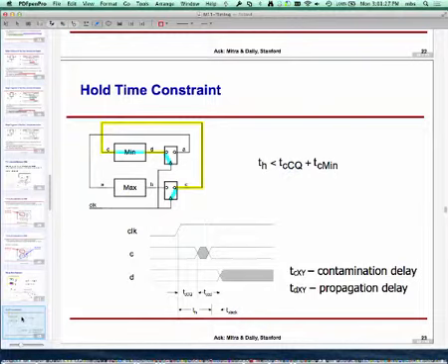So again, to summarize, you have to worry about two things. One is that the new value reaches all the flip-flops sufficiently before the next clock edge. And the second is that the inputs to the flip-flop do not get contaminated too quickly after the current clock edge. Both constraints have to be met. The first one you can handle by slowing down the clock. The second one, the hold time one, there is nothing really that you can do about it,